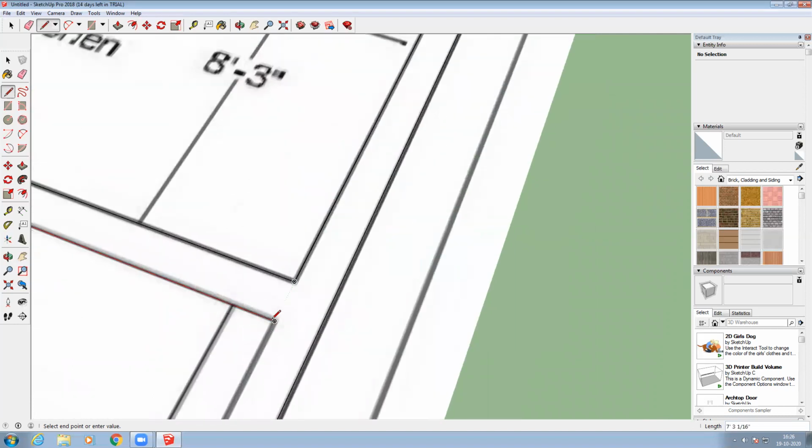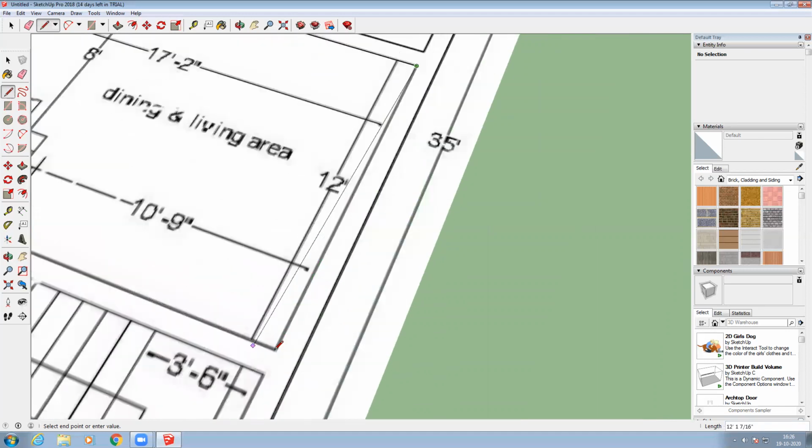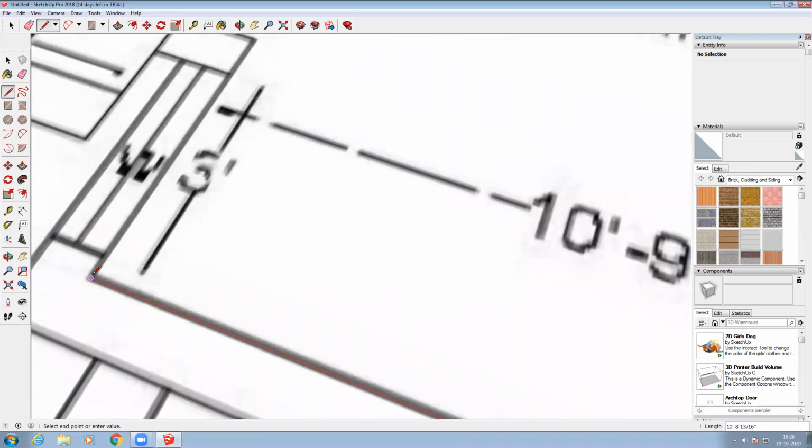So any plan you have, you can do like this, so that you are going to get the whole area of the particular building, or maybe the whole wall thickness.